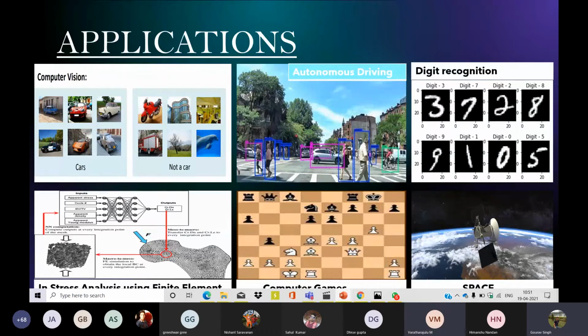Let me talk about something more, which is a subject of research, and not much work has been done in the field. Neural networks can also be implemented for the finite element method for stress analysis, which is a subject of our interest being production and mechanical engineers. This is a field where research can be done.